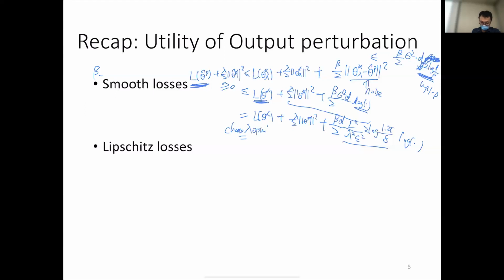Choose lambda optimally to balance these 2 terms, and then we'll get theta star. Let's first write it out. There's something that I didn't take care of, but let us first finish this part. If we balance these 2 terms, we'll get this n to the power of